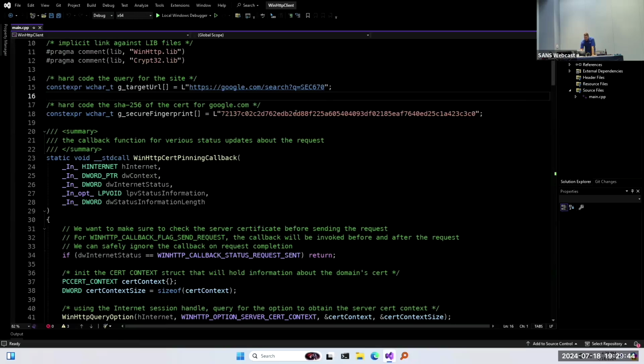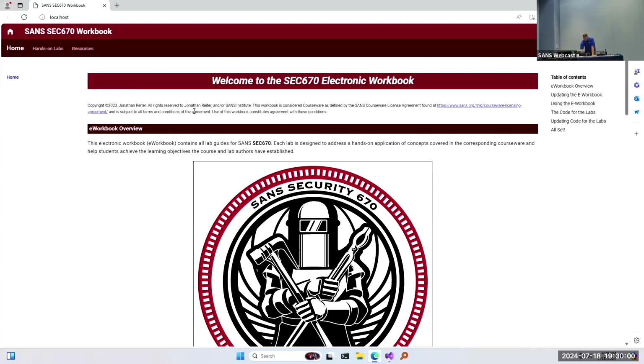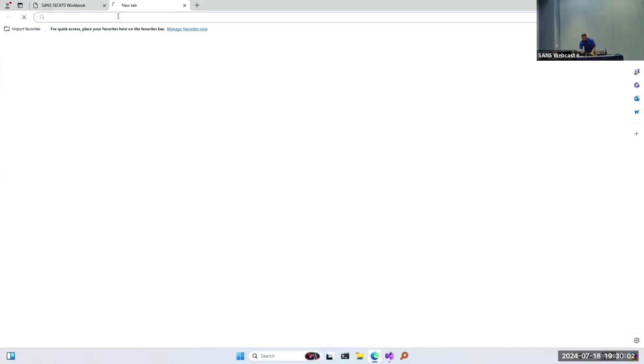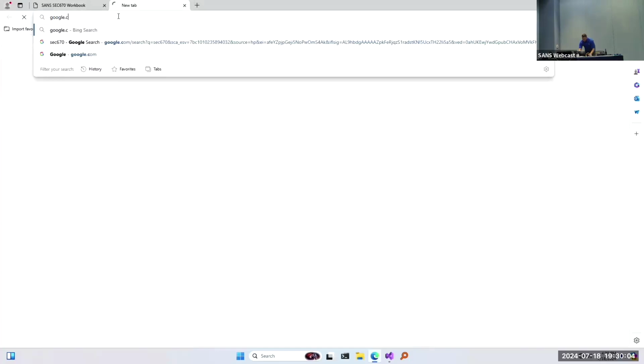The next variable that I have is for the fingerprint. And if you're wondering how in the world I got this value, where the SHA-256 value came from, if you open up a web browser and you go to Google,